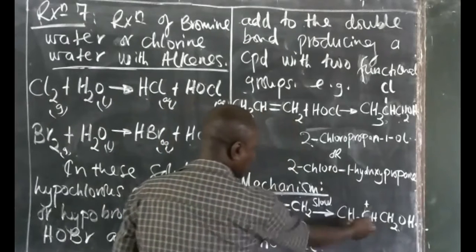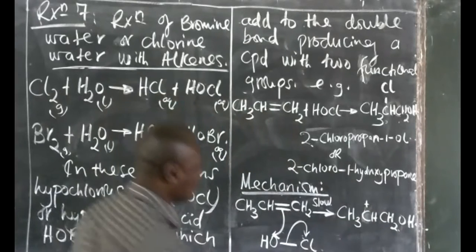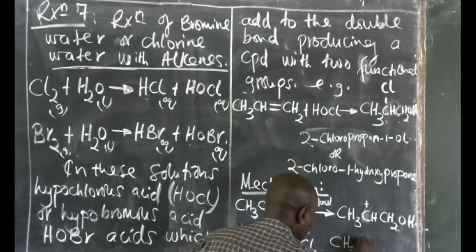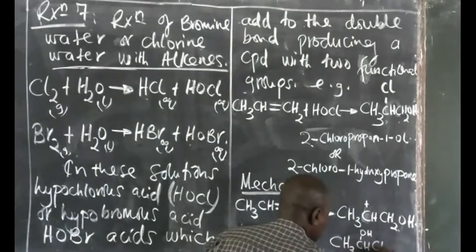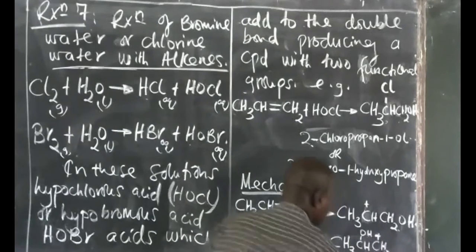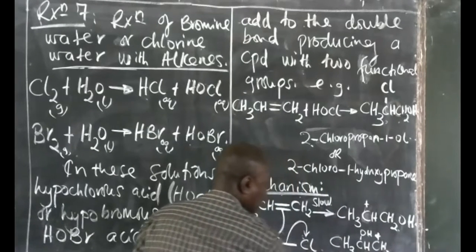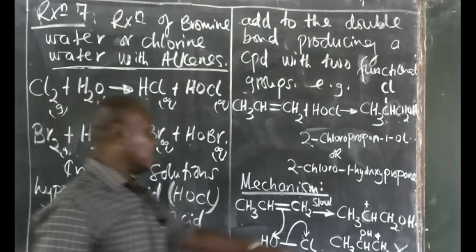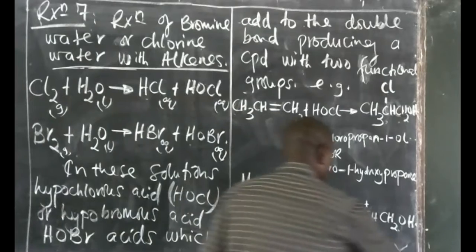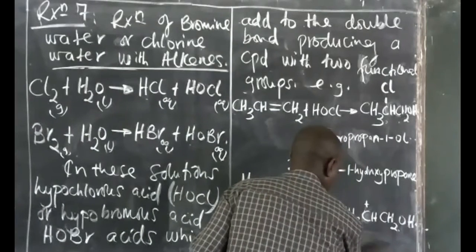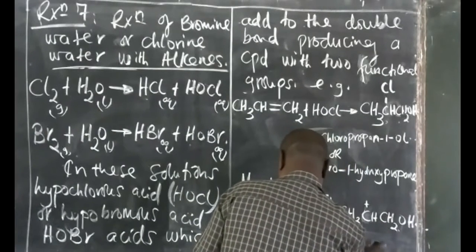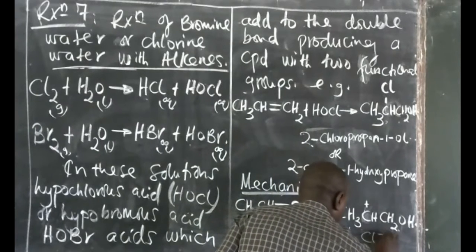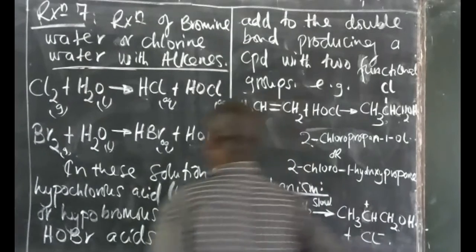That's a slow step. So this one is the intermediate because it is the secondary carbonium ion. We could have got this one here, CH3, CH, OH, CH2 plus. But this one is a primary carbonium ion. It is not formed. So it is only this one that is formed. Then from there, plus the chloride ion. Then from there,